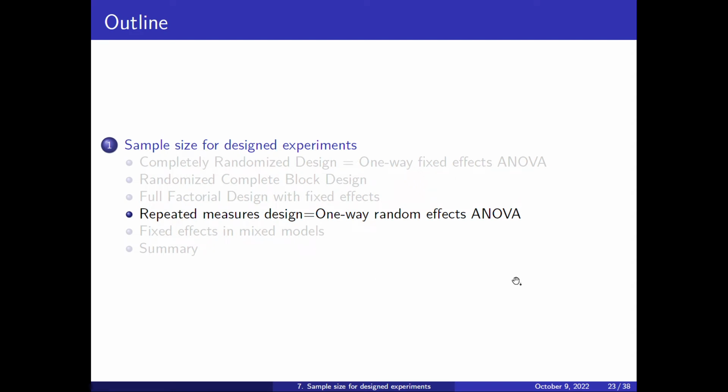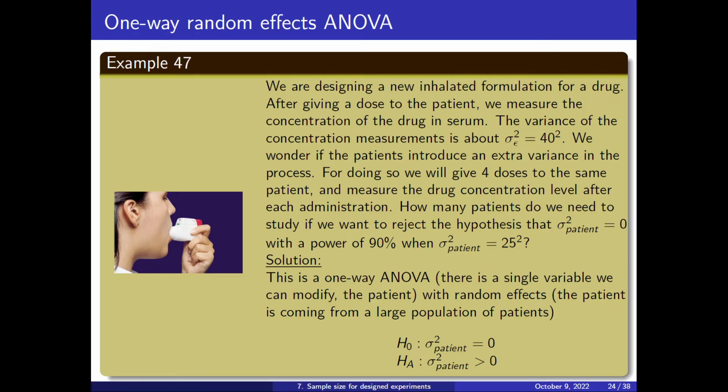So we will now compute the sample size when we have random effects. Let's start with the one-way random effect. That is, we will put it in the context of a repeated measures design. Let's say that we are designing a new inhaled formulation for a drug, and after giving a dose